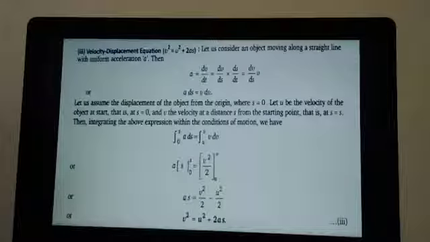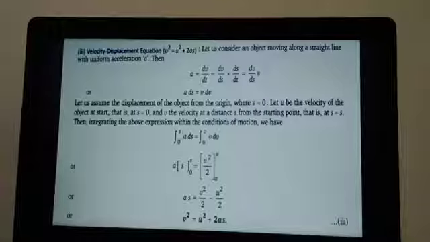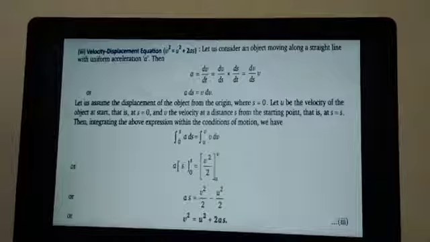See, again the same object is moving with a uniform acceleration a. Then a equal to dv by dt, the first equation that we started with. Now we are making an arrangement there. You multiply and divide that equation by ds, so it becomes dv by ds into ds by dt. Is there any change? No, ds and ds get cancelled, and it remains dv by dt.